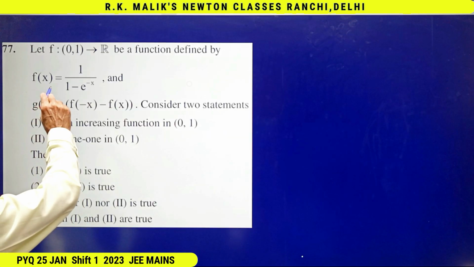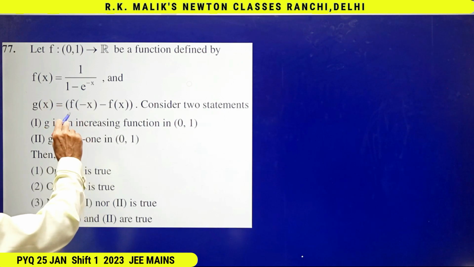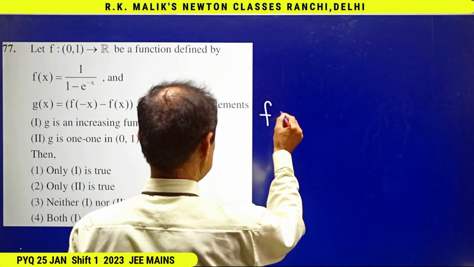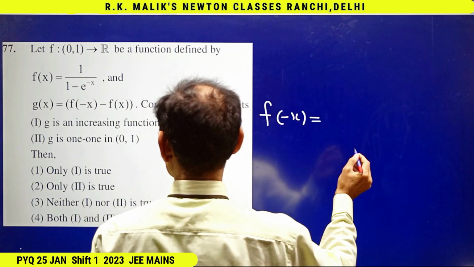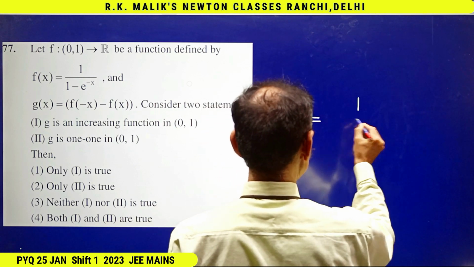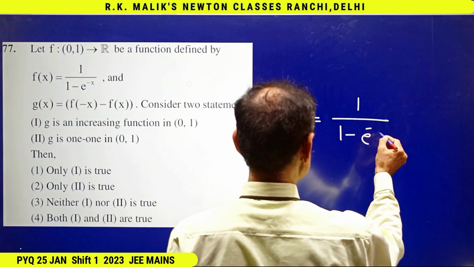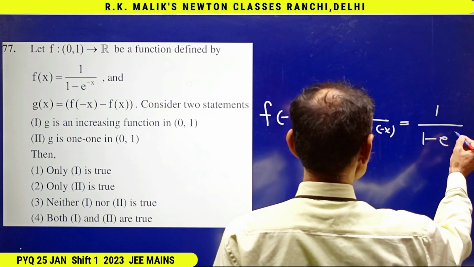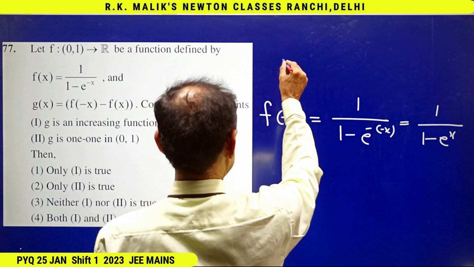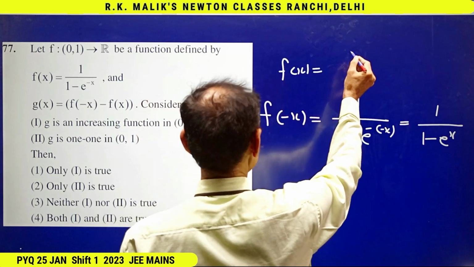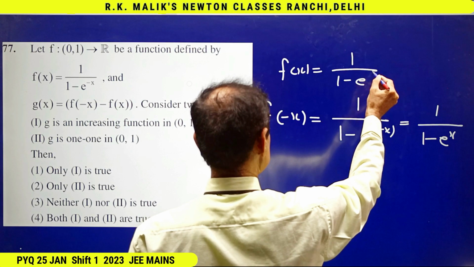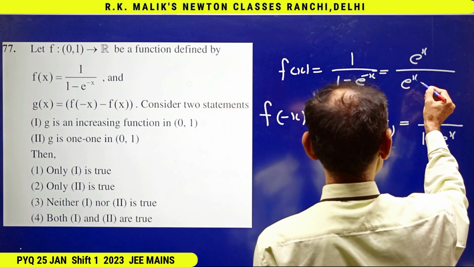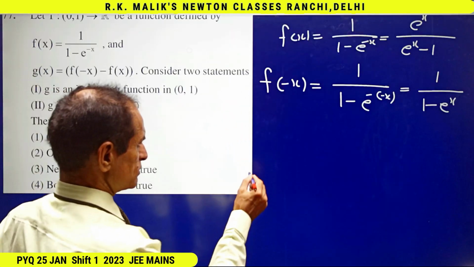First of all, with the help of f(x), we will find the value of f(-x). Clearly, f(-x) is equal to 1 upon 1 minus e to the power minus of minus x, that is 1 upon 1 minus e to the power x, and f(x) is already 1 upon 1 minus e to the power minus x, that is e to the power x upon e to the power x minus 1. Hence,